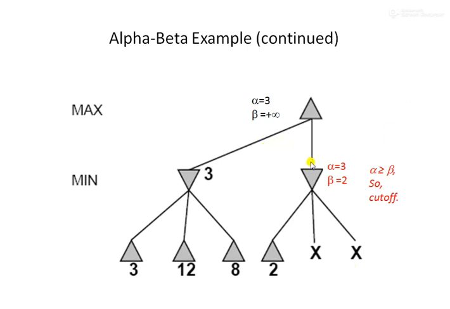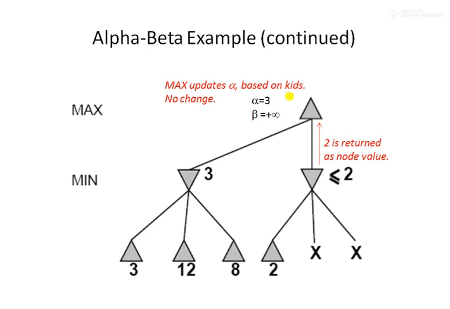So which value will be backed up? The alpha value will be backed up again, so it will be 3, right? Because it has not changed. Now alpha has come to know that the value will not decrease, because alpha value is 3, so max will never decrease below 3. So that is the bound, the lower bound. In this case also the min value will never go lower than 2. So that was the bound for min.